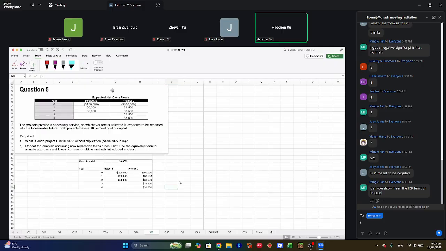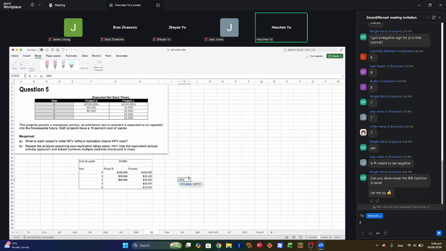You want to see the IRR function? What do you mean by that? You want to see the function or the solution to one specific question? The IRR function, you just call IRR from Excel, and then you put all the cash flows into the IRR, and that's it. That's the IRR function. If you got any specific questions,